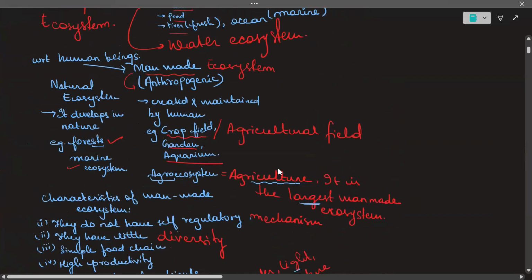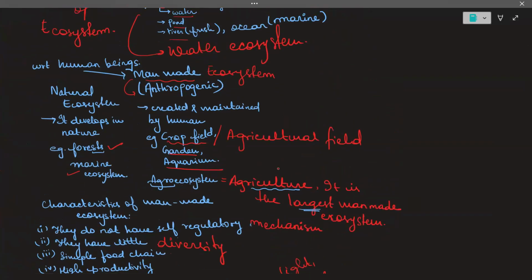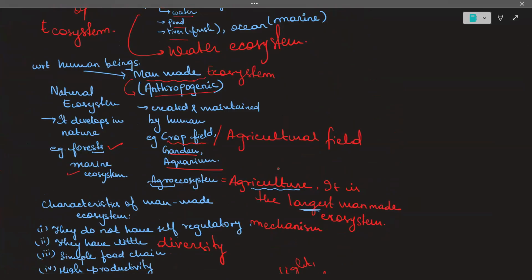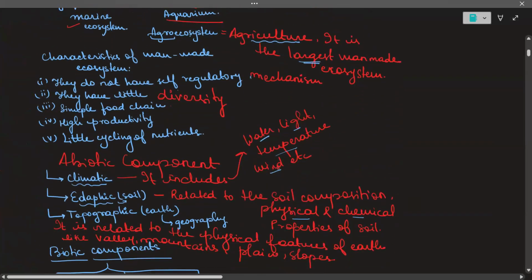Also, one more thing, if you compare the natural ecosystem and the man-made ecosystem, the man-made ecosystem can also be called an anthropogenic ecosystem. Anthropogenic means the action of man. Clear? So the crop field, the garden, the aquarium, all of these are man-made ecosystems. Now, when we talk about the characteristics of the man-made ecosystem,